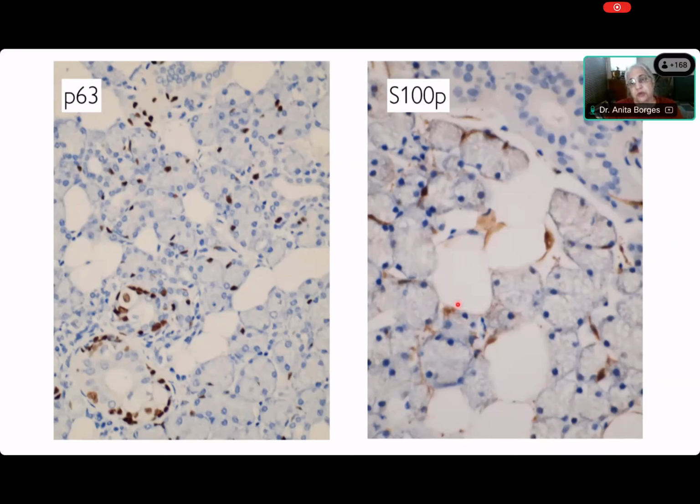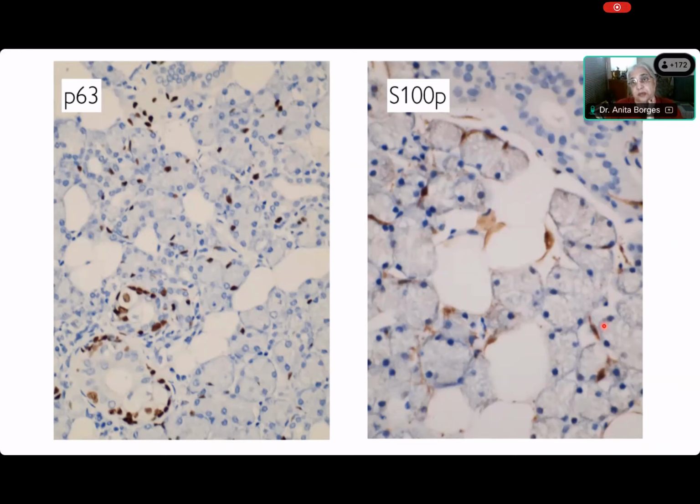And now you can see how beautifully the myoepithelial cells are marked on the outside of the acini. You can hardly make out that there is another layer, but the nuclei, that's where you have to look for expression of S100 protein in the nucleus. And the nucleus of these cells has got expression of S100 protein. S100 protein therefore marks myoepithelial cells. It does not mark basal cells in the parotid.